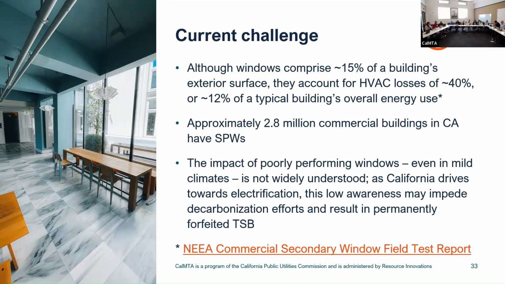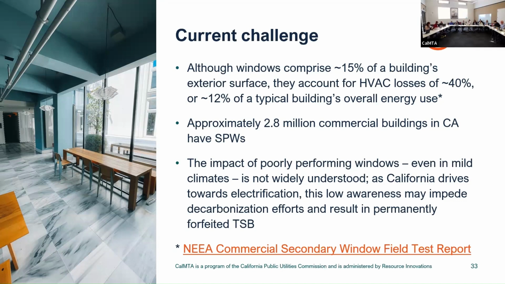The 8 was a very conservative estimate based on CBECS data, which included things like warehouses, not part of our target market. When we get to our target market, the percent of the exterior surface that is glazing goes up significantly. I'd argue 15% is still somewhat conservative. Talking with architects, we're finding that for the target market, 30 to 40% is probably common. We're going to have to do research to validate that number, but we're very confident based on what's been done already that 15% is a number that we can work with and rely on. And that ends up equating to about 12% of a building's energy use.